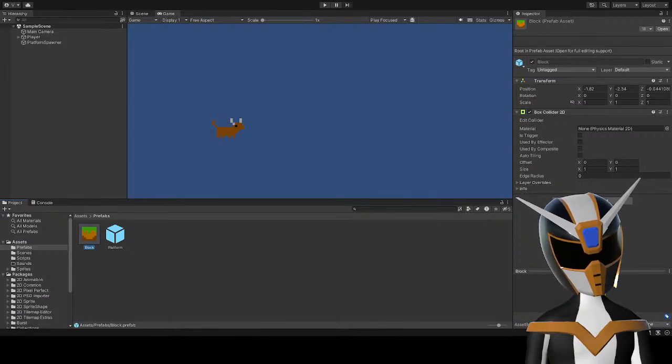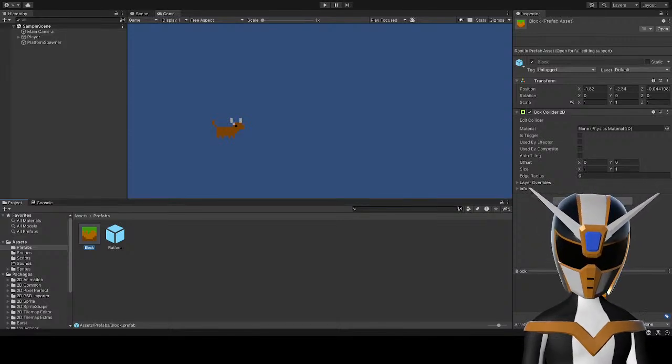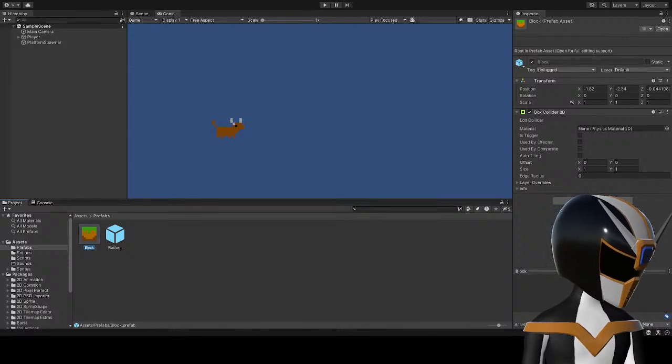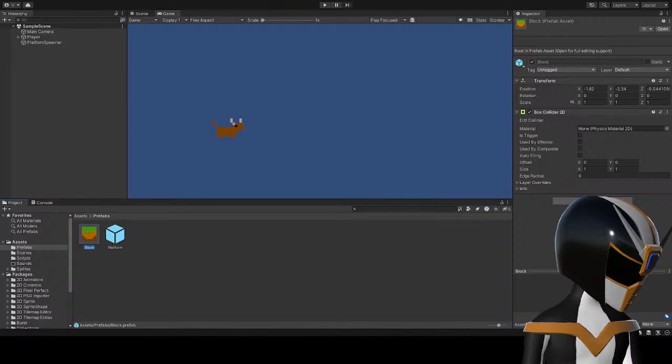It just makes things a little bit more organized. Oh wait, so there's an argument in Instantiate where I can declare the parent object?